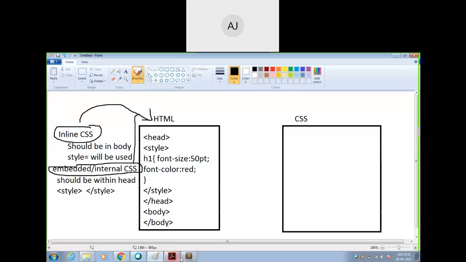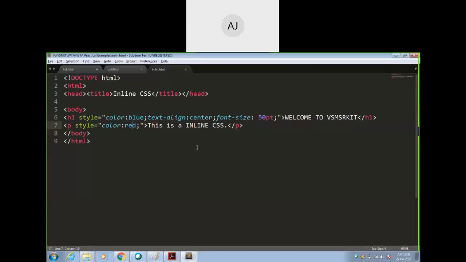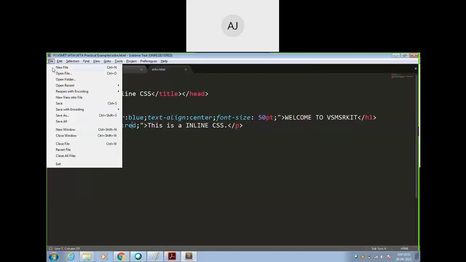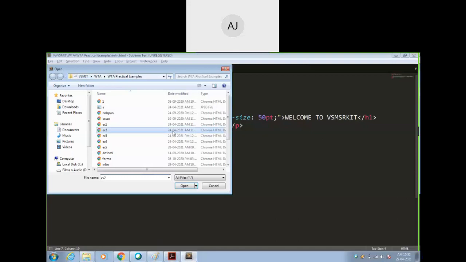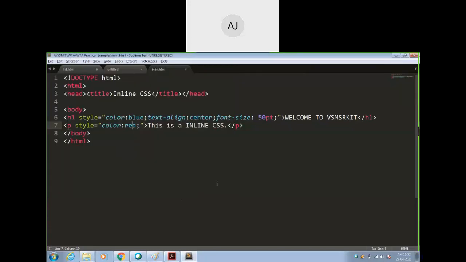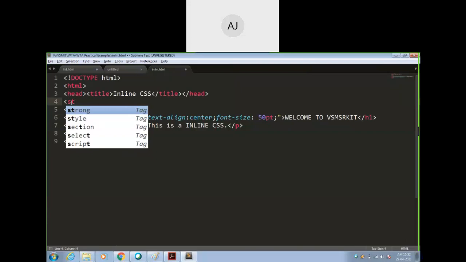Okay. So let us take one example of embedded. We'll see is there available in the file. Embedded, I think it is not there. We can prepare one embedded here. How to do that? So just use your style open, style close.